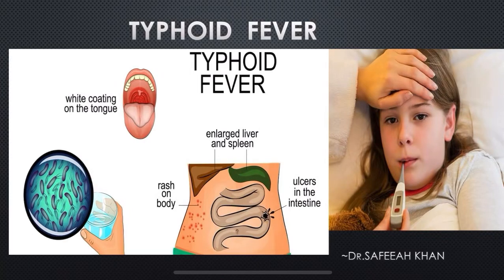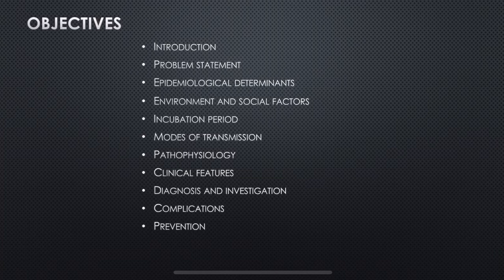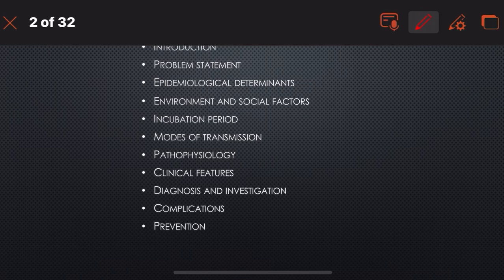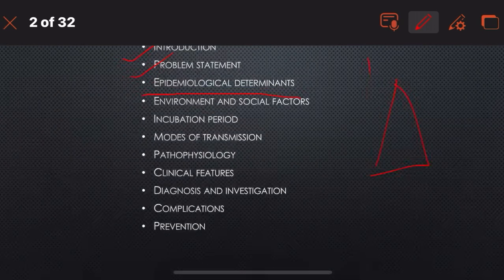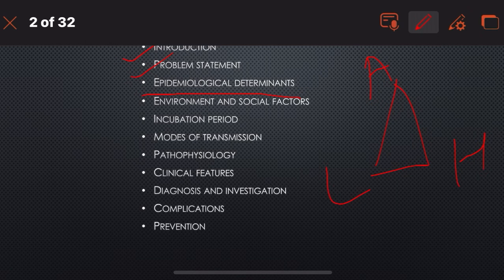Hello everyone. In today's session, we are going to discuss typhoid fever. It is a continuation to the topic epidemiology of communicable diseases in preventive and social medicine. The objectives of this session are the introduction to typhoid fever, the problem statement, epidemiological determinants, that is, agent factor, host factor, and environmental factors. The environmental and social factors, incubation period of typhoid fever, what are the variable modes of transmission of the fever,